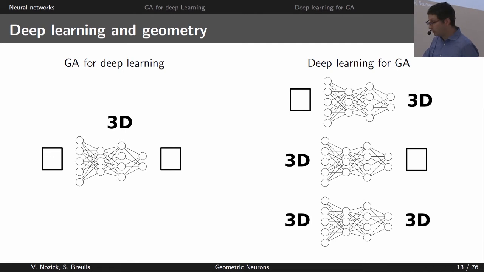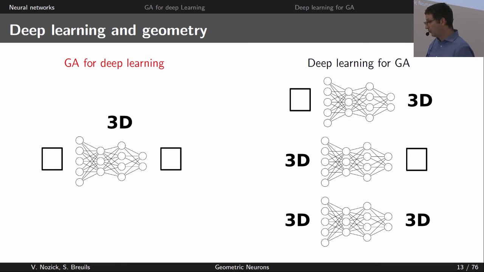It's how can we use deep learning for GA? This is another question that we usually forget a bit. Here we may want to use deep learning to take a problem and get a GA solution. This is the first one here. Or we have some GA expression that we want to understand, or we want to convert some GA to another GA. So that point might also be considered, I think.